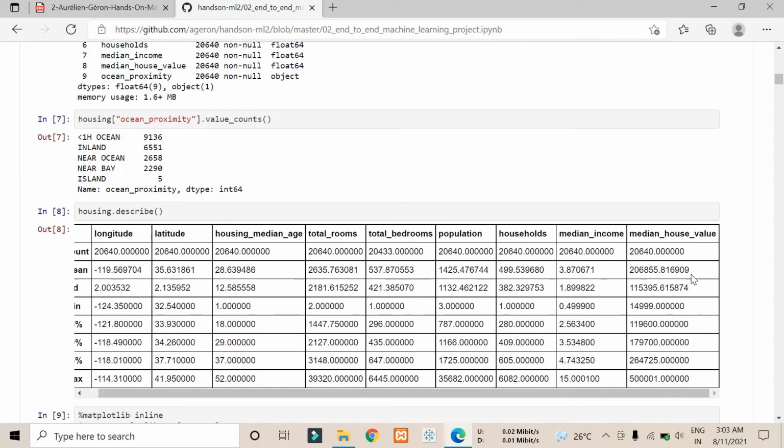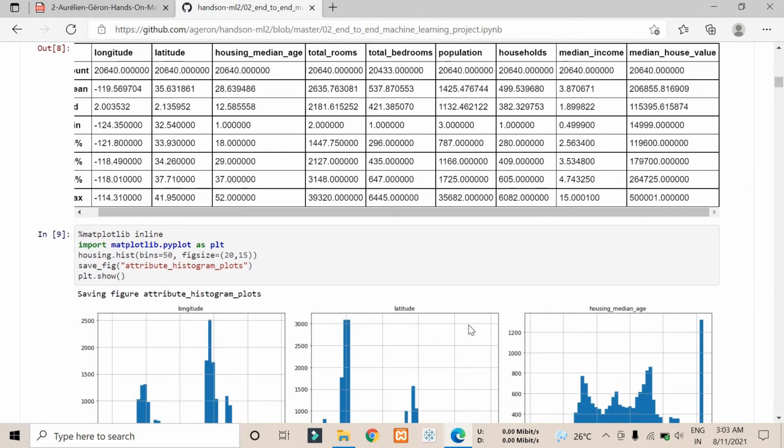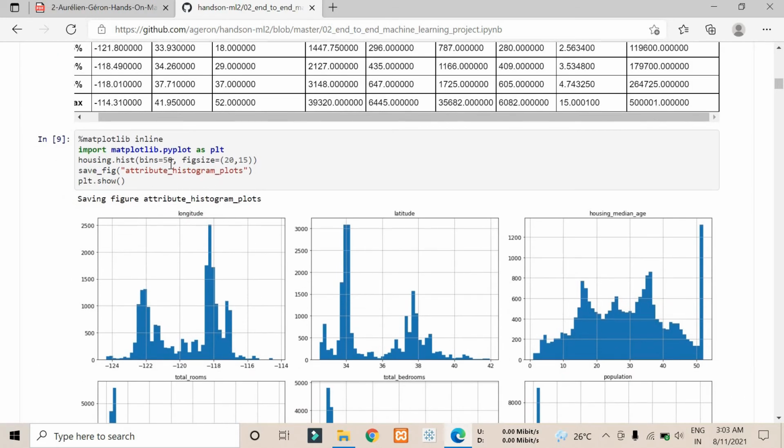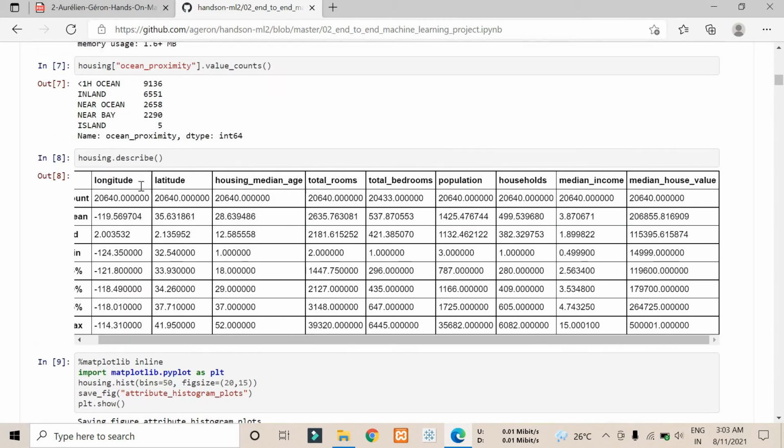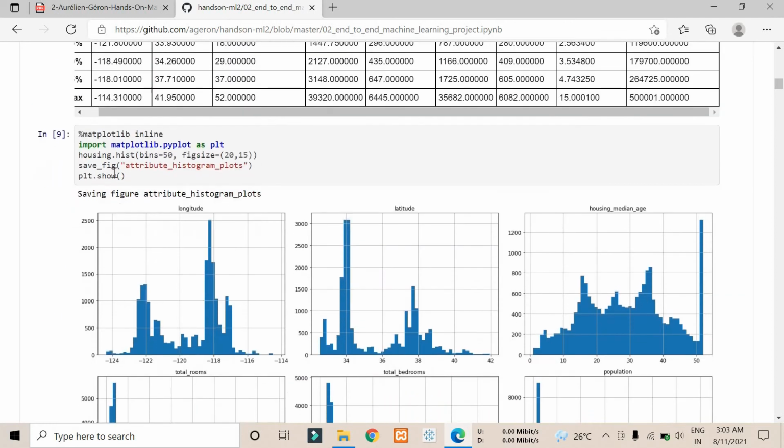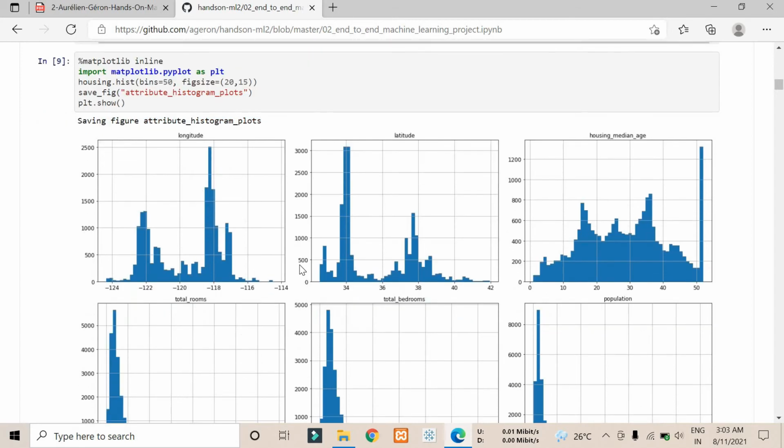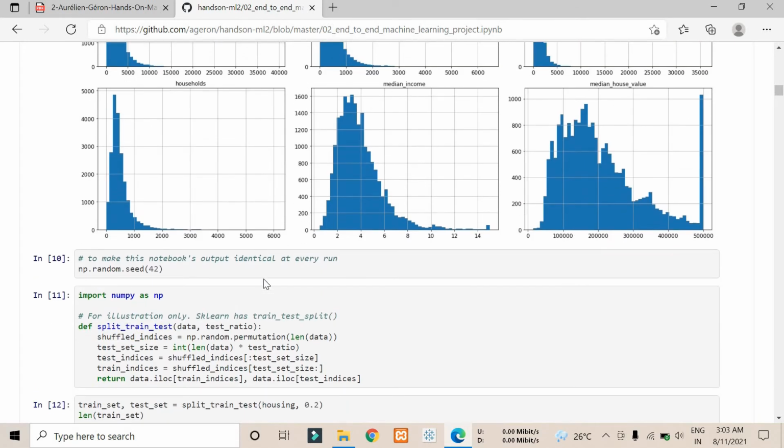As you can see, we have no null values here. We have to predict median house value. From matplotlib they have tried to plot some graphs, like import matplotlib.pyplot as plt. Housing is the variable where all the data is stored, and we call housing.hist. Hist is a histogram, and here we are plotting this histogram. Figure size is 20,15, and with bins equal to 50, all the possible data can be shown in the histogram.